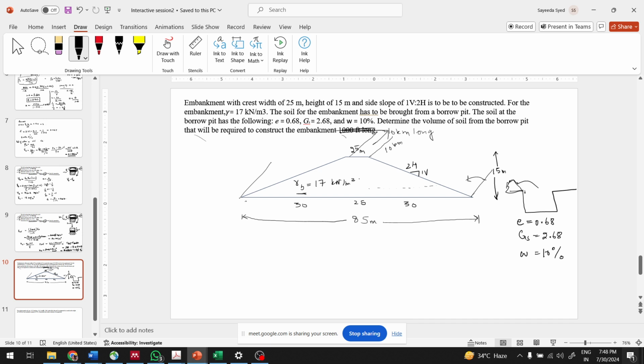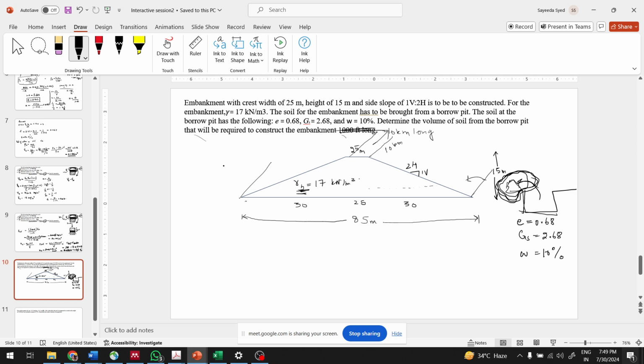But here density is not an issue because once you take the soil out, it will not matter how dense the soil was. All that will matter is how much soil we need from here to create an embankment of this density and this volume. Okay, so